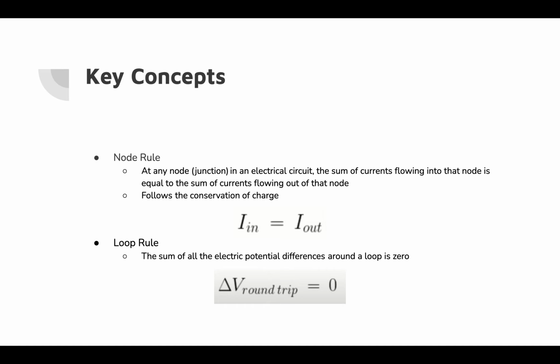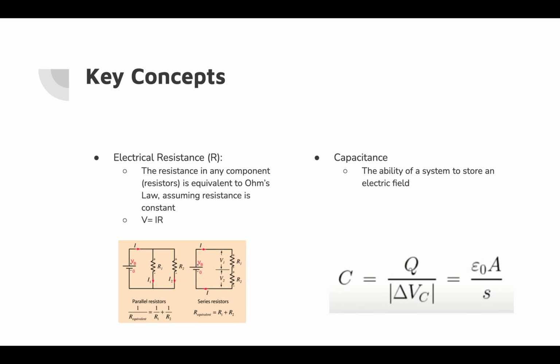Key concepts in this lab include the node rule, where at any node in an electrical circuit, the sum of the currents flowing in equals the sum of the currents flowing out, and the loop rule, where the sum of all electric potential differences around a loop is 0. Other key concepts include electrical resistance, which is equivalent to Ohm's law, assuming resistance is constant, and capacitance, which is the ability of a system to store an